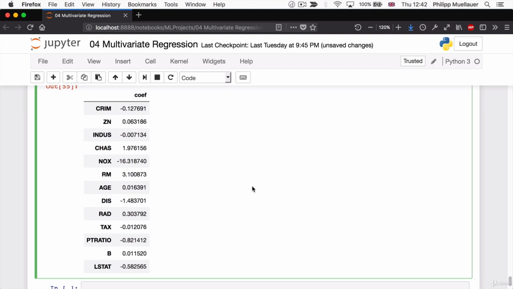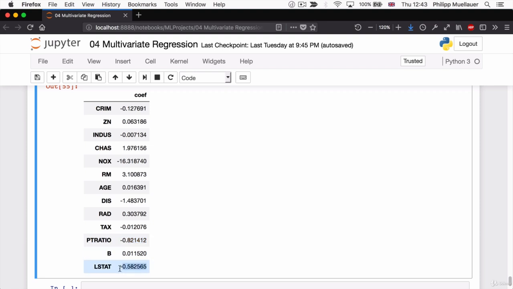How do they stack up to your predictions? Remember, we're just looking at the sign of the coefficients here for now. Are the actual coefficients positive or negative according to our model? Did you predict the right sign for the coefficients? Because what we see here is that more crime is bad for house prices, and also more pollution is bad for house prices. More rooms, on the other hand, is good for house prices. It's a positive coefficient. And more students in class is also a negative factor for the house prices,